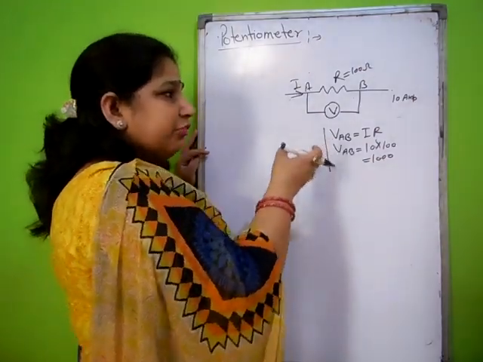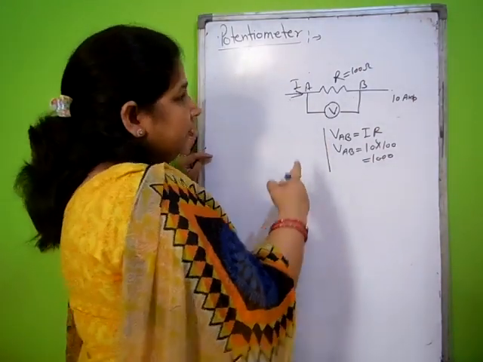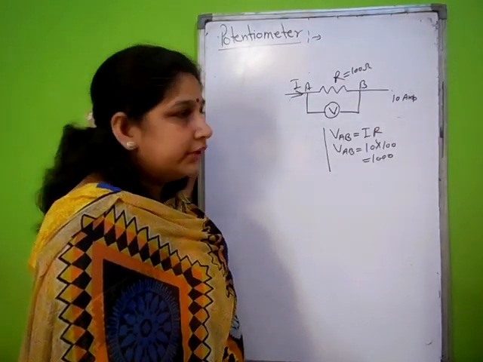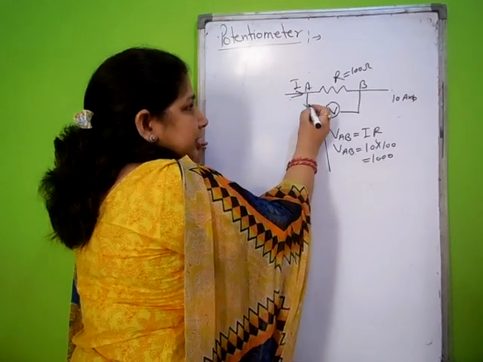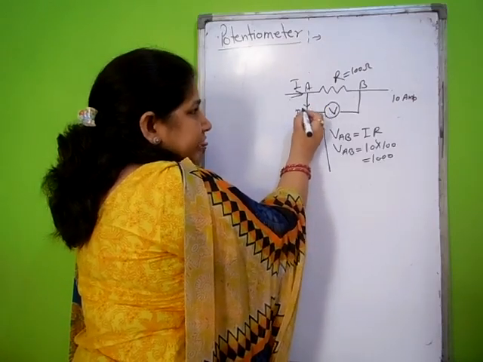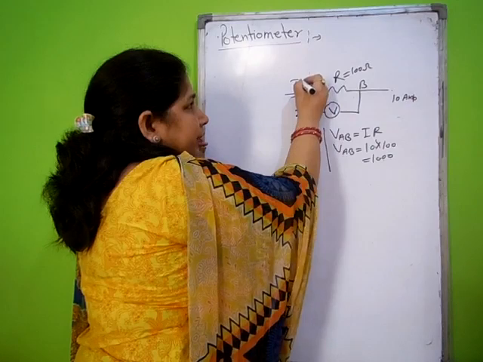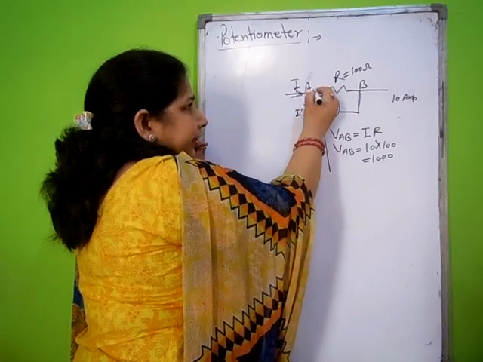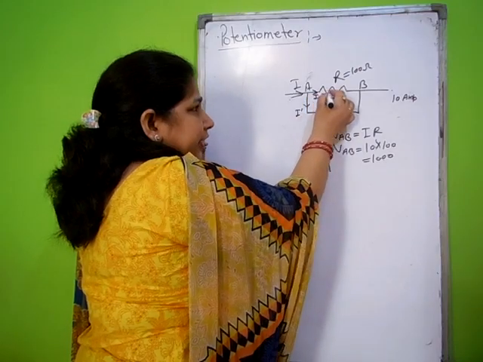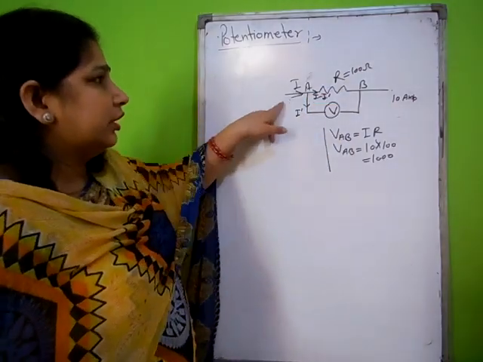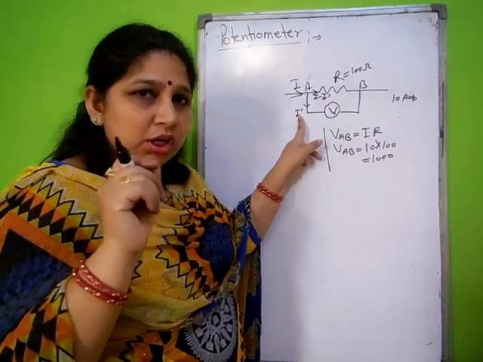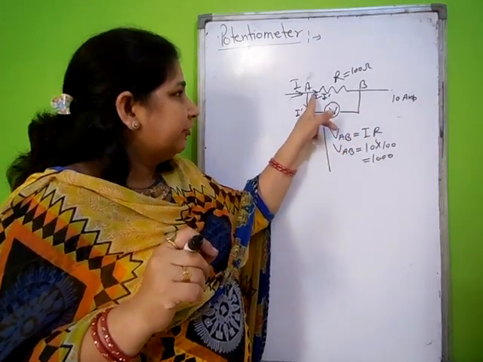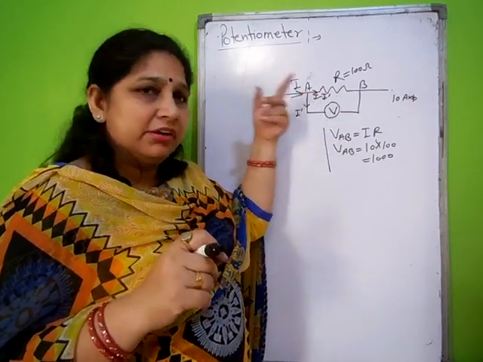Now to measure the potential difference, we have to connect a device of high resistance parallel to the conductor. Then definitely some amount of current is passing through here. Suppose I dash is passing through here, then here will be I minus I dash. Total current is I, and some small amount of current is passing through this voltmeter. Then definitely less current is passing than the previous time.